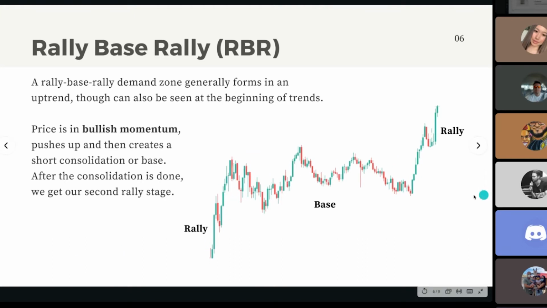If you can, just point at it, thanks. And then there's another rally. So your zone is the base, okay? The base is another word for consolidation, okay? And then the next one is